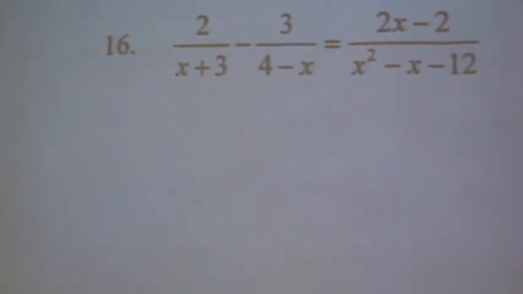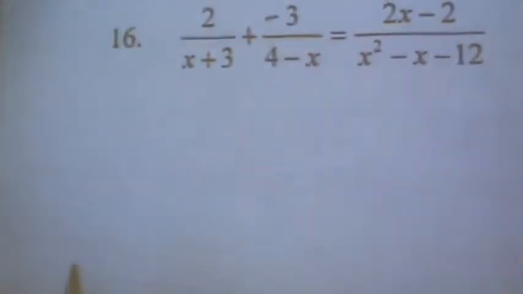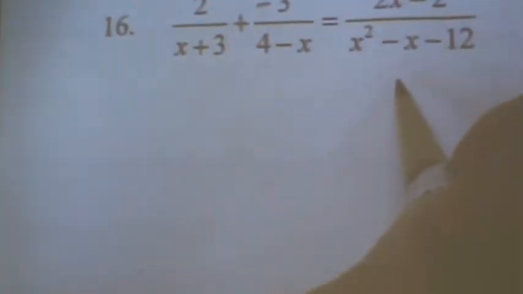Number 16. See if you remember what to do with this bottom right here. I'm gonna do that first of all. If I were to rewrite this, why do I wanna rewrite this? Because this is x minus 4, x plus 3. We have the x plus 3 here. We want this to be x minus 4. If we factor out a negative 1,